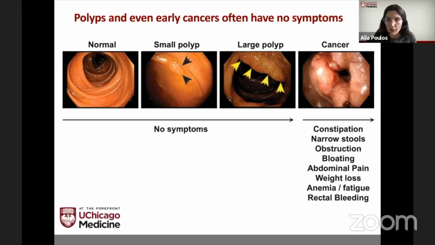And then I have a question here asking, are there different screening guidelines for people who have Lynch syndrome? Yes, so there are different screening guidelines for patients who have Lynch syndrome. I'm not entirely sure about the exact timing of it, but it's usually really early on, so in their 20s we start screening, and we end up screening almost every year with a colonoscopy. So it's much more often. Patients with Lynch syndrome are also more prone to developing other types of cancer, and so it's something that needs to be addressed.